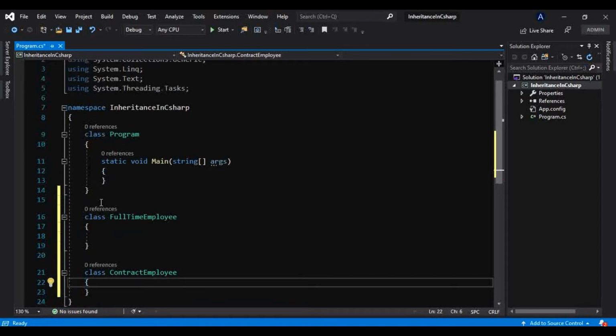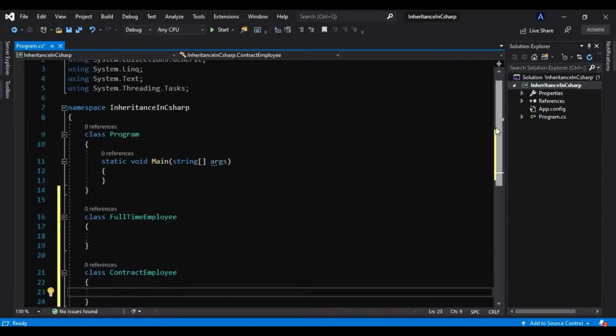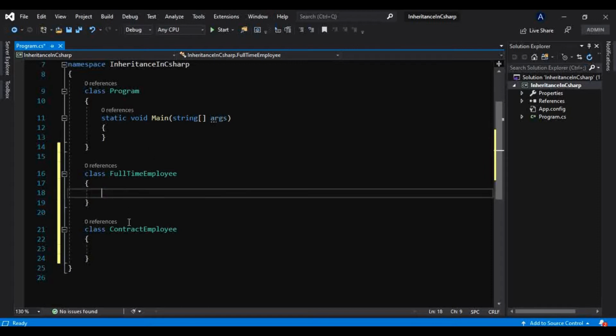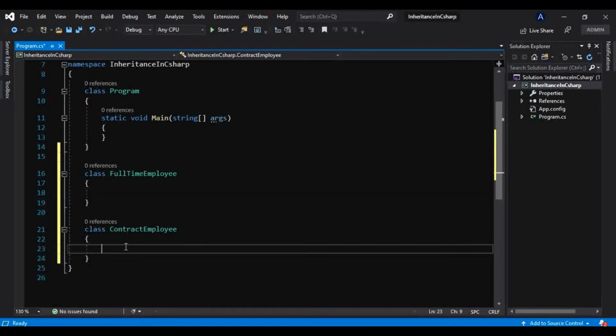Let's consider a company can have two types of employees, or maybe more, but here it has full-time employees and contract employees. Now let's see what the attributes and properties of the full-time employee and the contract employee are, and what methods we can write in both classes to print their details.